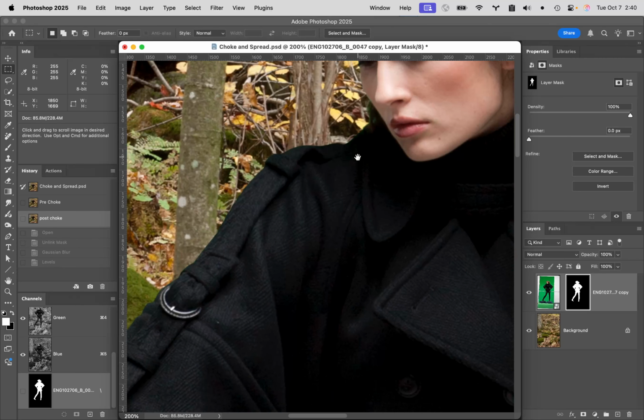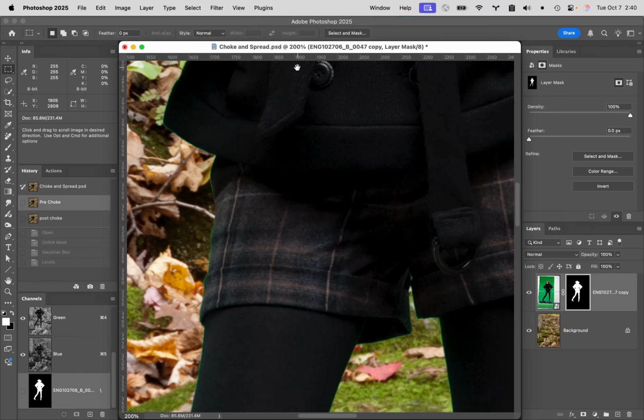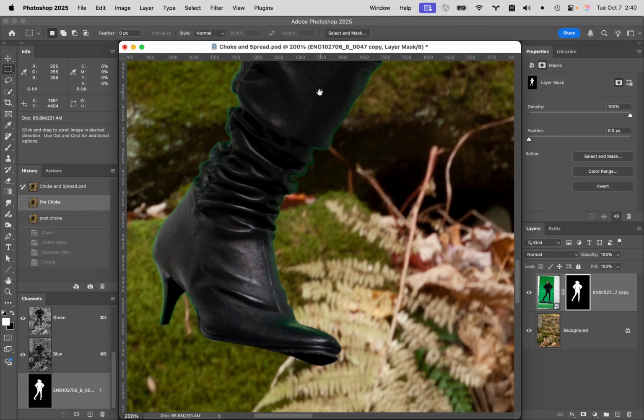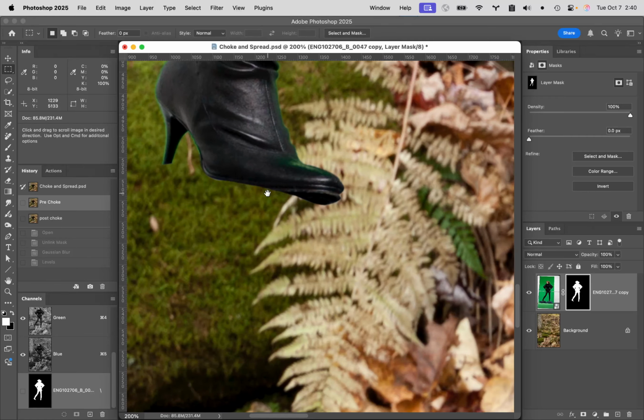However, if I look at the body part here and I go back to pre-choke, you'll see that you got the dreaded green line. And if you look, that green line goes all the way. Look at it. Runs down her pant leg. It runs along her shoes. It runs along the entire outline of this. If I go back to post-choke, all of that part's gone. So then you need to decide, okay,